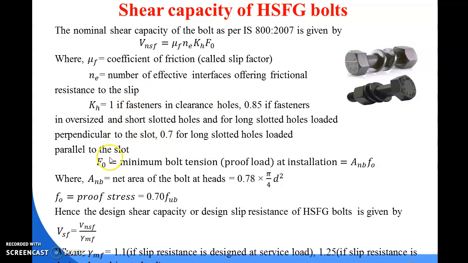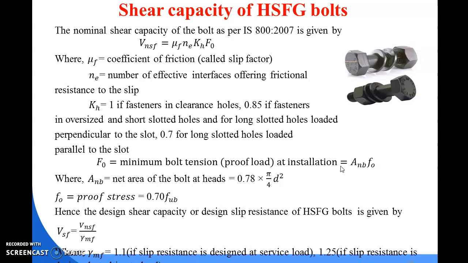According to the condition, you can take a number from these 3 values. The condition is already mentioned in your question, so you need to check the values from the code book and then solve the problem. Then your capital F0 equals the minimum bolt tension, also known as the proof load at installation, and it is calculated by